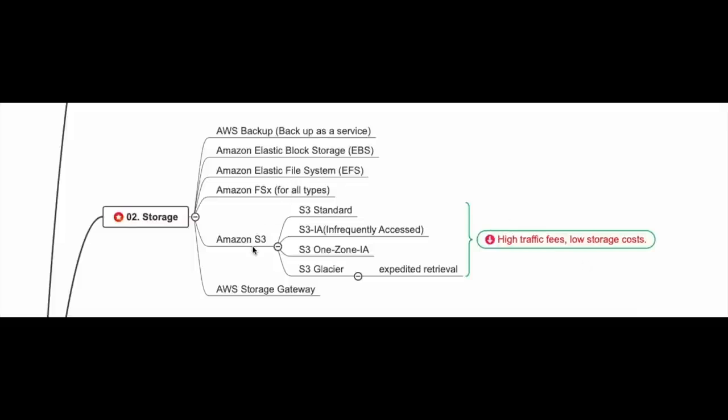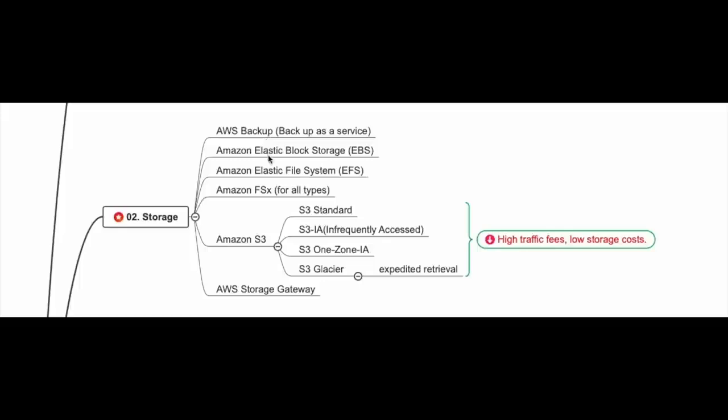Next service topic is storage. Among AWS storages, S3 is the most representative storage. S3 can be used cost-effectively by dividing storage and managing it according to the usage cycle. Charges vary depending on the storage type. The lower the storage fee, the higher the traffic cost. Data with a long usage cycle is not used frequently, so it will be cost-effective to store it in S3 Glacier. There are also services that centrally manage backups, such as AWS Backup,